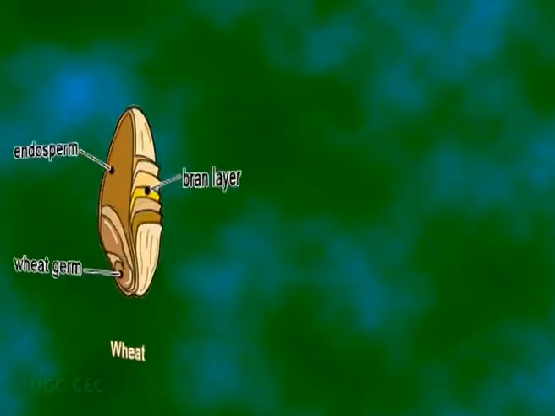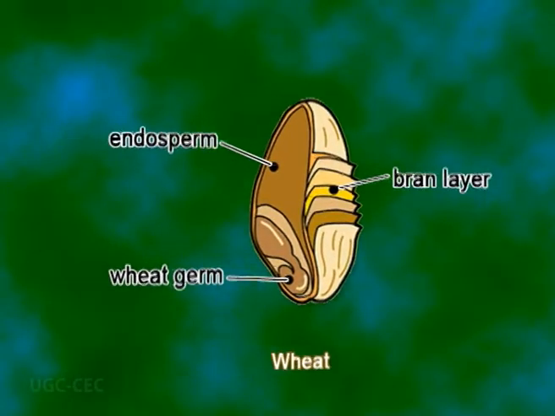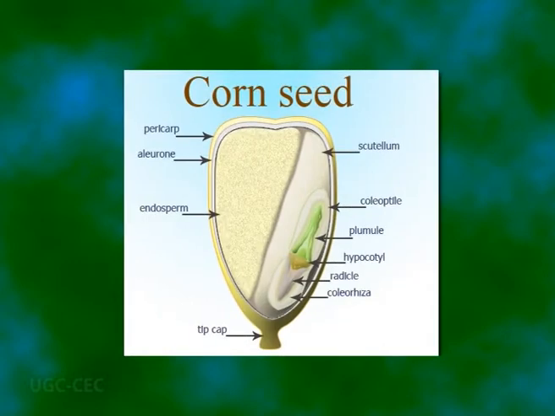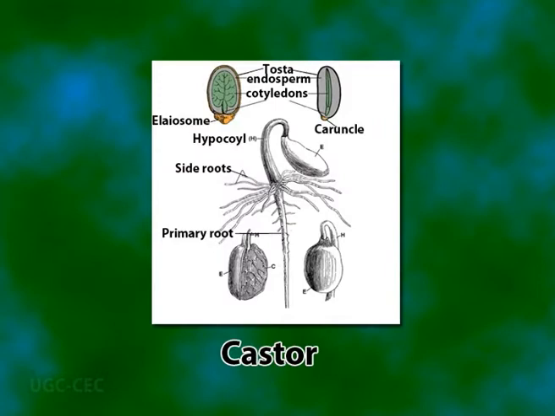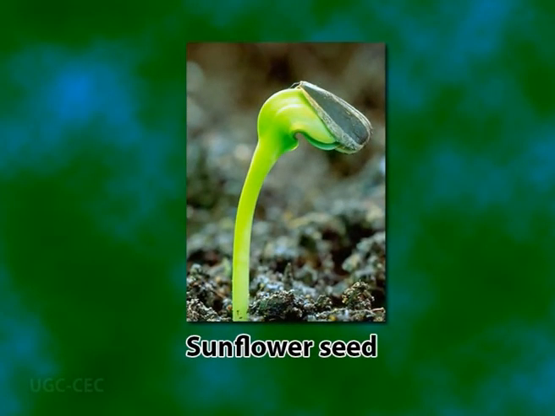Albuminous seeds retain a part of endosperm as it is not completely used up during embryo development. For example, in wheat, maize, barley, castor and sunflower. Normally, the nucellus, that is the central part of an ovule, is absorbed and is absent in